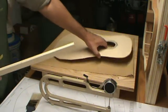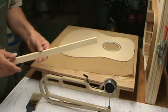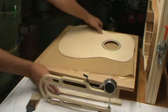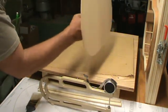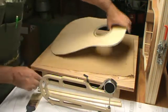I got the top down to 2.8 millimeter, and I was shooting between 2.7 and 2.9. So I'm going to stop there, but it rings pretty nicely. And then